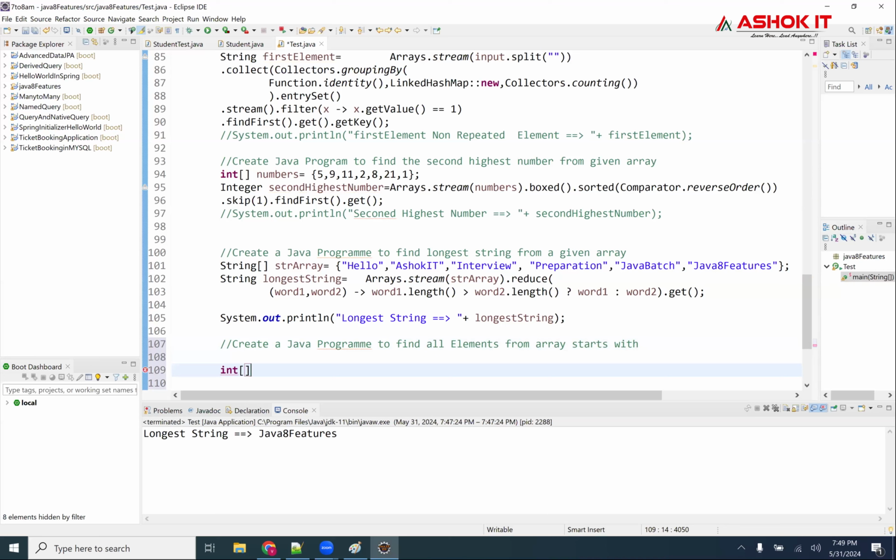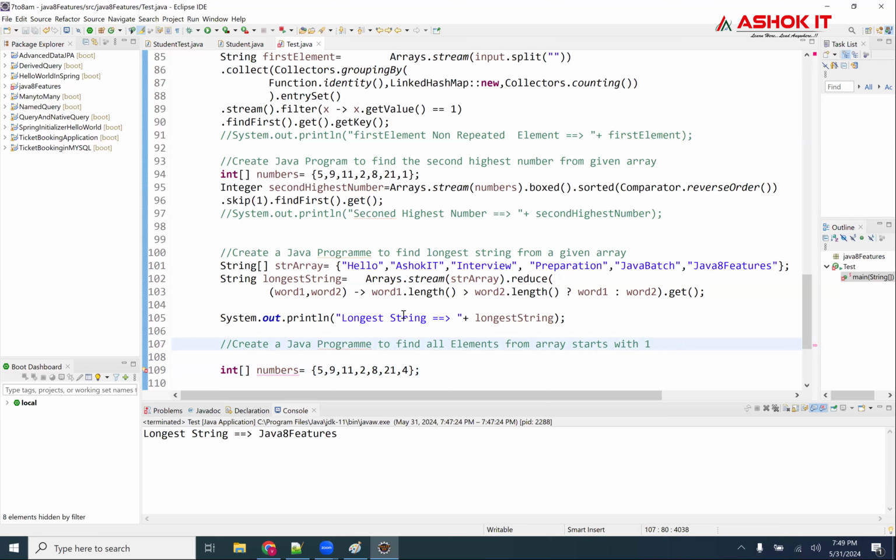So int numbers is equal to 5, 9, 11, 2, 8, 21, 4. I want to create a Java program to find all the elements from the array that start with 1.